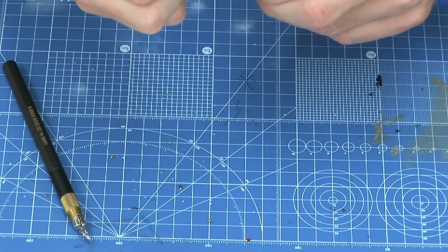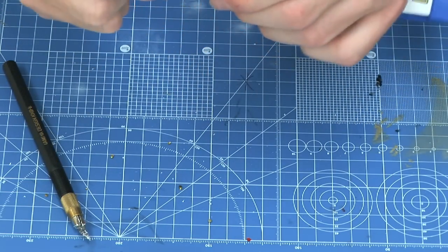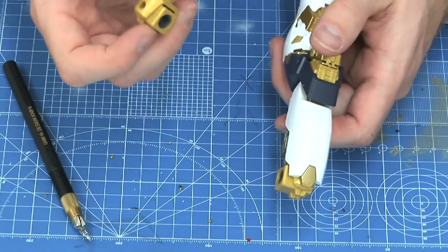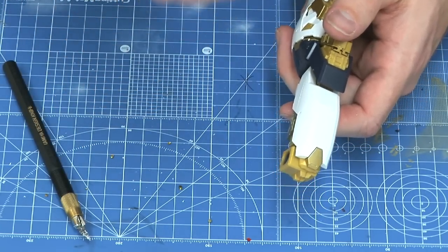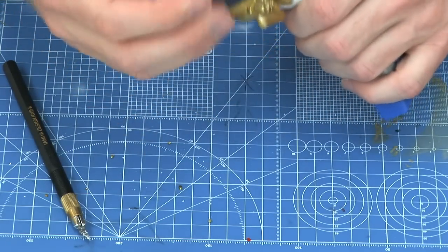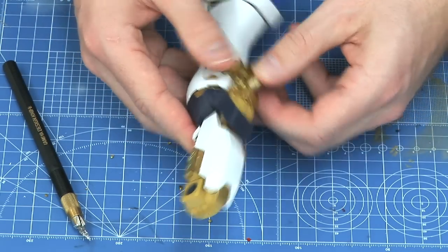I actually went ahead and put this on already because I didn't want to make a mistake between the left leg and the right leg. And I'll just keep this to the side. When I finish assembling this leg, it'll go on. But we're not finished yet. From this point,